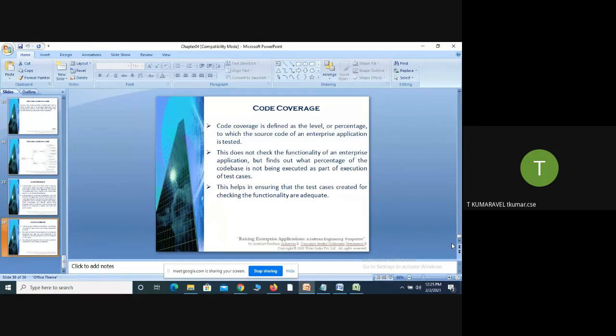While performing testing on a particular method, we check how much percentage of the code is executed by test cases. That is called code coverage. Code coverage mainly focuses on the percentage of the code within the source program that has been tested. It does not check the functionality of the program.